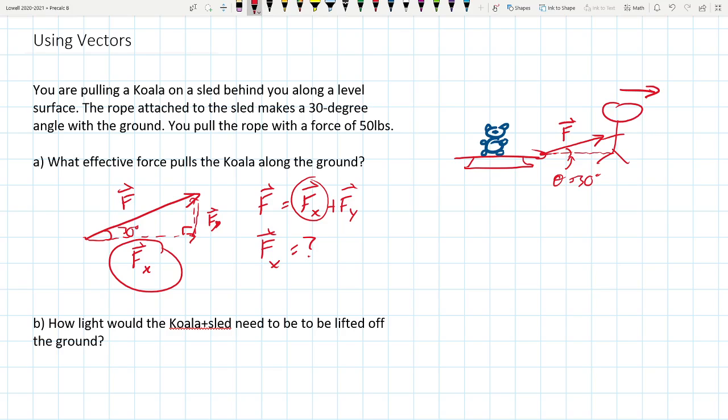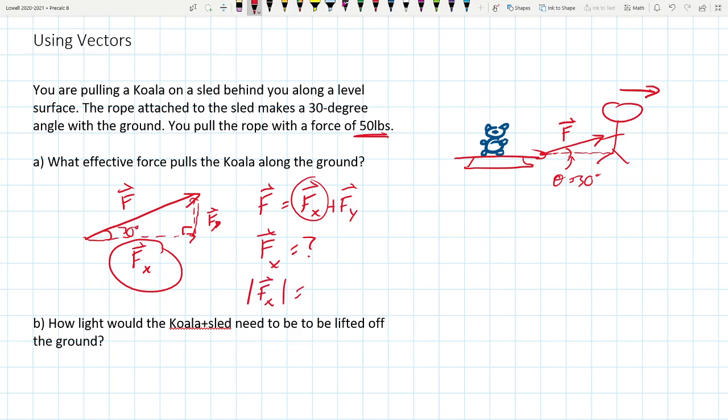Well, we know that this is a right triangle, and so we can actually just use what we know about right triangles to figure this out. One thing we do need to know, though, is the length of this hypotenuse. And again, the length of a vector is its magnitude, which we know is 50 pounds. So F sub x we can actually get, well, at least the value of it. The magnitude of F sub x